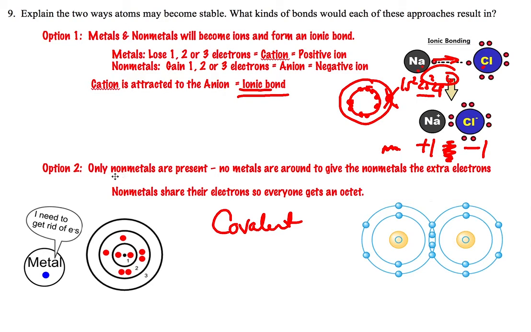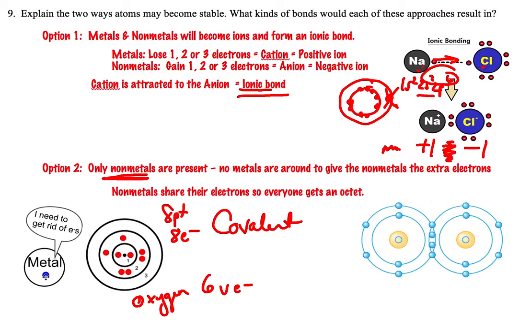Now, here's the deal. When only nonmetals are present, covalent bonds will form. Normally, the metal gives the electron to a nonmetal. Here's oxygen. Now, oxygen is in group 6, so it's got 6 valence electrons. It's got 8 total, 2, 4, 6, 8, because remember it's 8 protons and 8 electrons. But 6 of the electrons are the ones we care about, the valence electrons out here in the 2nd energy